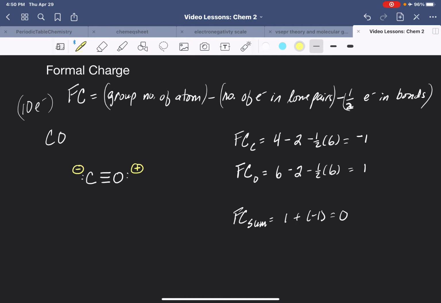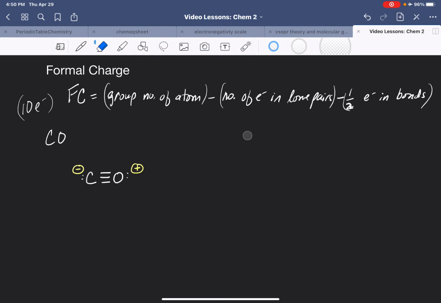Let's move on to one more example. Let's take a look at something a little more complex. All right, let me clear our board here once again. Let me get rid of all this. This time, let's go with something a little more complex, a little more time consuming. So let's go with